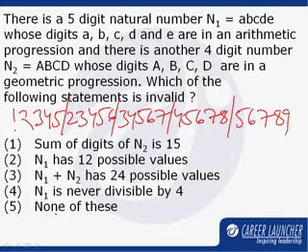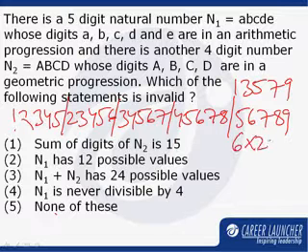Now, with a common difference of 2, what are the numbers we can have? We can have 1, 3, 5, 7, 9. We cannot increase anything because then we'll go beyond 9. And another thing we notice is that if we reverse the order of the digits for each of these options, we will get another number, which will be a decreasing AP instead of an increasing AP. Hence, the total number of possible values of n1 becomes 6 into 2 equal to 12.